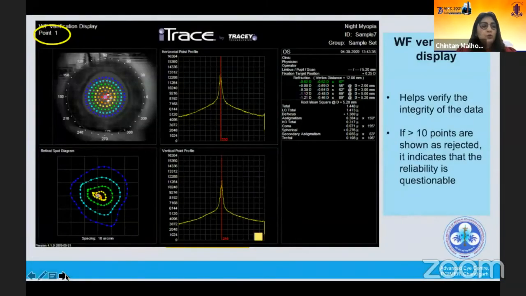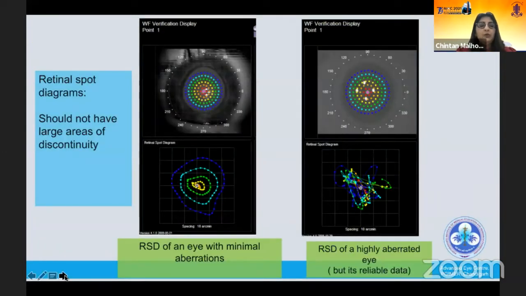Before we go on to seeing any of the other information, what we should see is the verification display to see whether the data is reliable or not. So this helps to verify the integrity of the data. If we see on the top left-hand of the screen, it's mentioned as 0.1. If greater than 10 points are shown as rejected, it implies that the reliability is questionable and probably the scan should be taken again. The other thing about the retinal spot diagram is that it should not have large areas